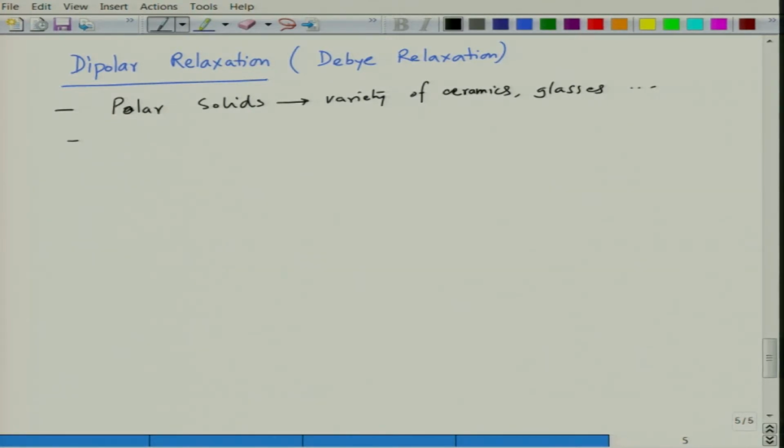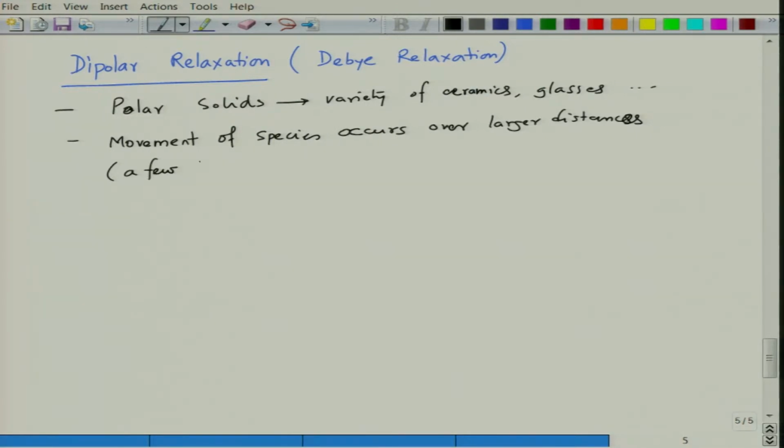So here we will say that the movement of charges, the movement of a species, occurs over larger distances as compared to electronic and ionic. So, it could be a few atomic distances, and as a result the phenomenon is